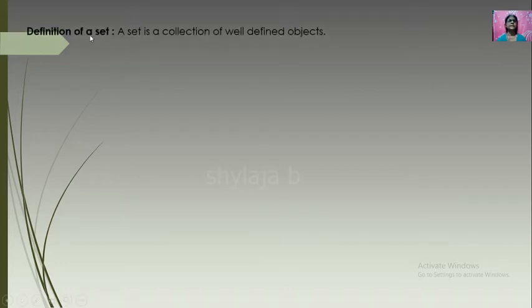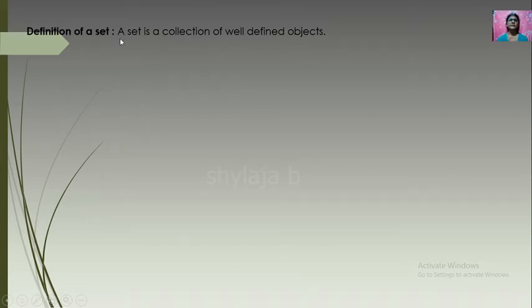Look at the definition of a set. If you hear the word set, we give equal words like group, bunch, collection. So here, a set is a collection of well-defined objects. Well-defined is very important in the definition of set. Well-defined, okay, correctly defined what is set, what is collection. So the properties are defined like this.